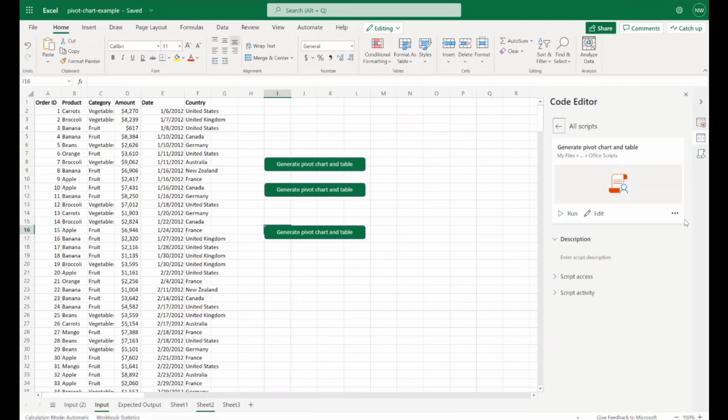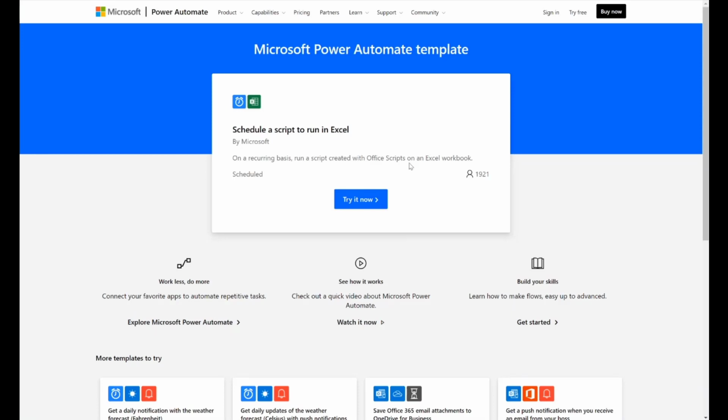And then I'm just going to quickly show the Power Automate piece of this as well, since I think I got a question around it. If I go to this overflow menu again, you'll notice one of the options is actually for creating a flow. And so we do have a Power Automate integration that allows you to schedule a script to run